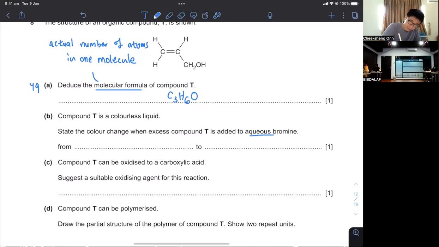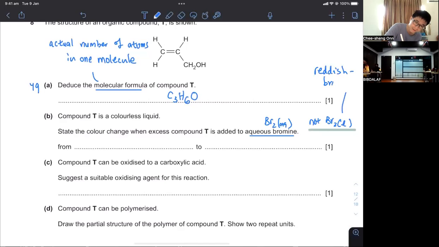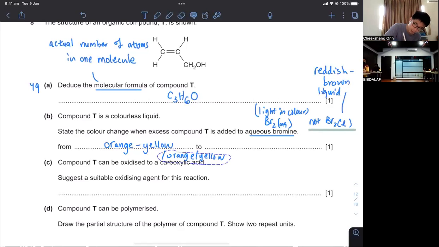Now we use aqueous bromine. We know that this is Br2 aqueous, not Br2 liquid. Br2 liquid is reddish brown liquid because it's the element. The element itself is very dark in color. This thing is light in color because you dissolve it in water already. Now what happened is, it will go from orange, or sometimes people say orange yellow. If you say orange is also fine, or yellow is also fine. But it will go from orange yellow and then it will go to colorless